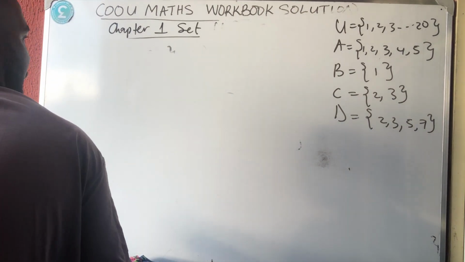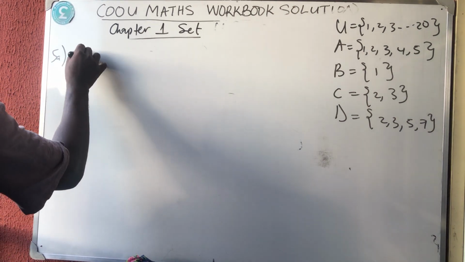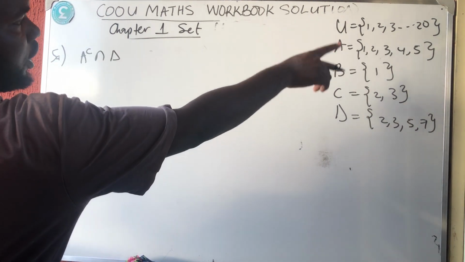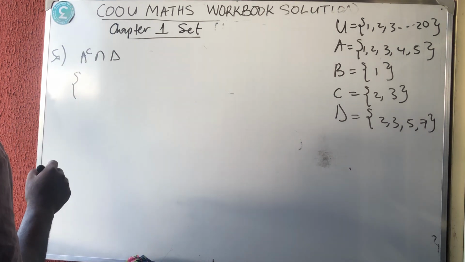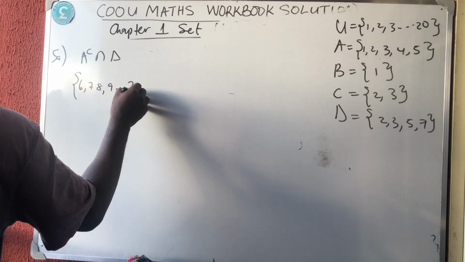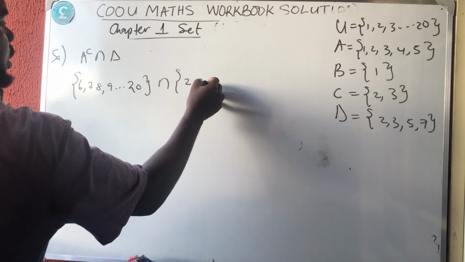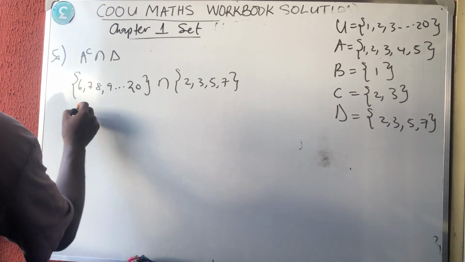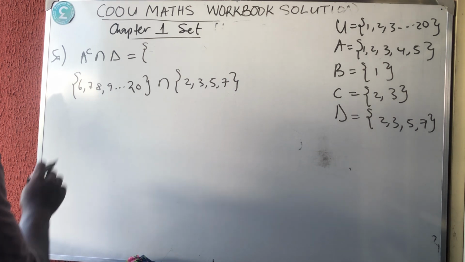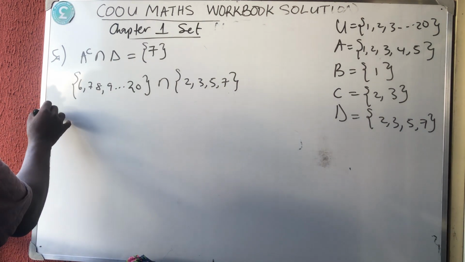Okay. So number 5A. Number 5A said A complement intersection D. A complement means remove A from the universal set. So what is remaining now? If I remove 1 to 5, I'm left with 6, 7, 8, 9 up to 20. Intersection D, and D is 2, 3, 5, and 7. So intersection means what they have in common. So what do you think they have in common? 5 is not here. 7. So 7 is the only thing they have in common. Okay? So 5B